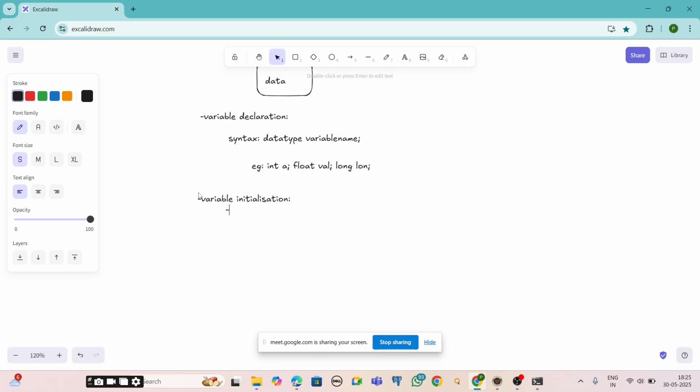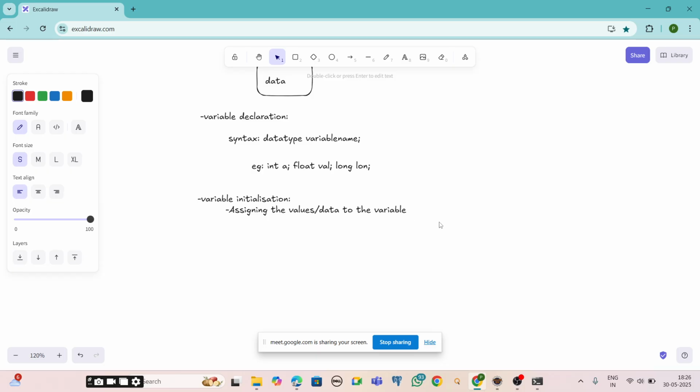Initialization is nothing but assigning values, or we can say data, to the variable. Assigning the values or data to the variable is called initialization.